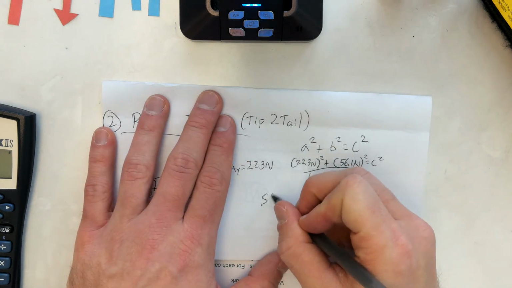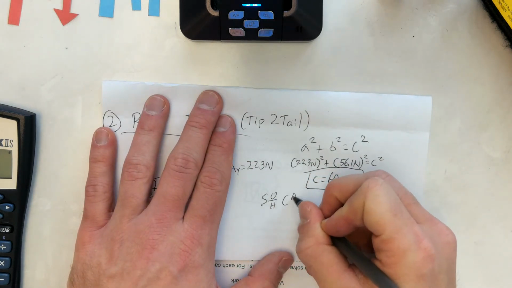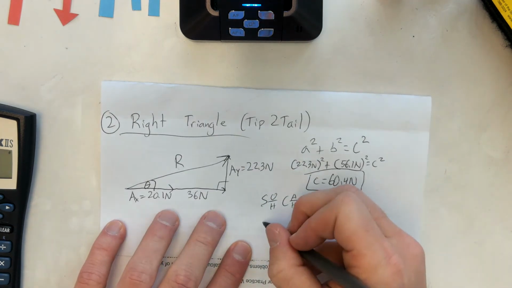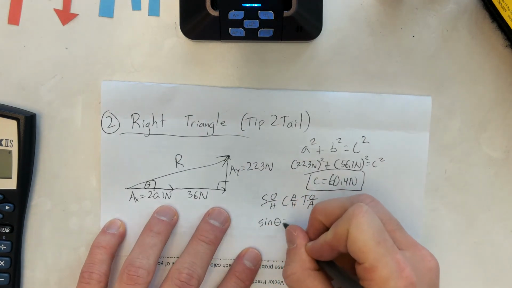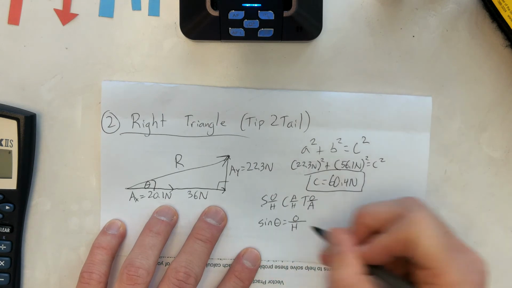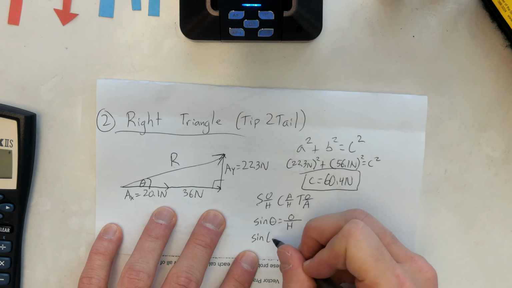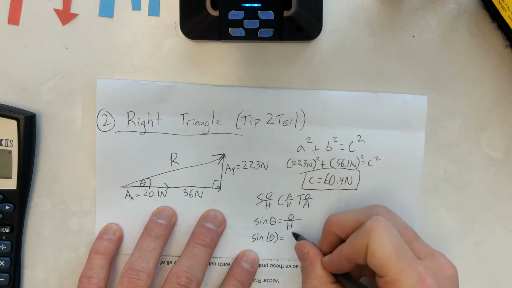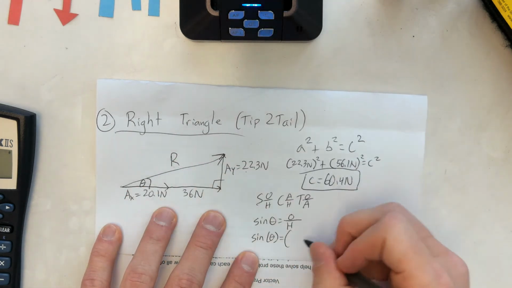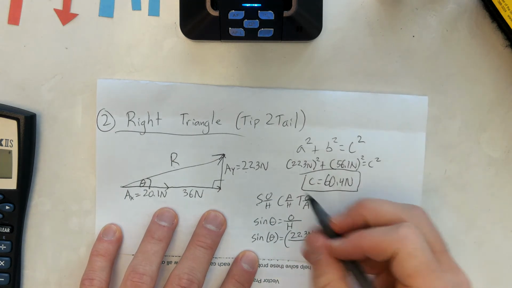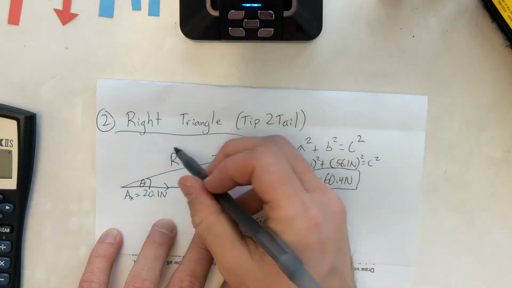And then the last thing they ask is to find your angle, how far above the horizontal axis. So we're going to use SOHCAHTOA. Any of them work because we know all three sides. I'll just use sine. So sine of theta equals my opposite over hypotenuse. So sine of theta equals my opposite, just 22.3 newtons, divided by my hypotenuse, which is r,